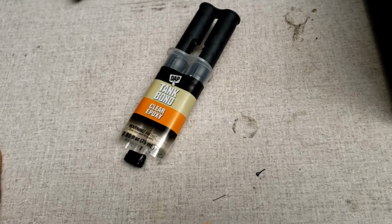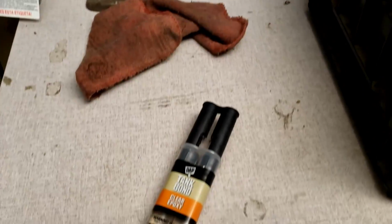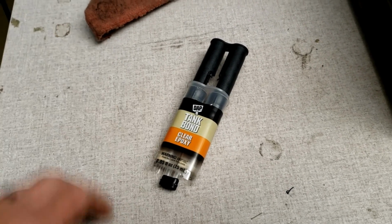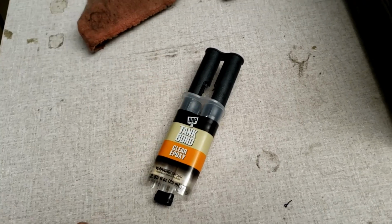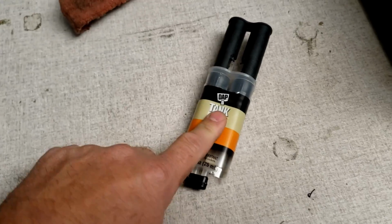I cleaned the area as good as I could. I took some steel wool that I have sitting over there, and I also had my wire brush, and I just kind of went around the pipe, and cleaned it up as best I could, put some alcohol on it, scrubbed it down pretty good with that, and I'm just hoping I got a good enough clean surface for this to bond correctly, because